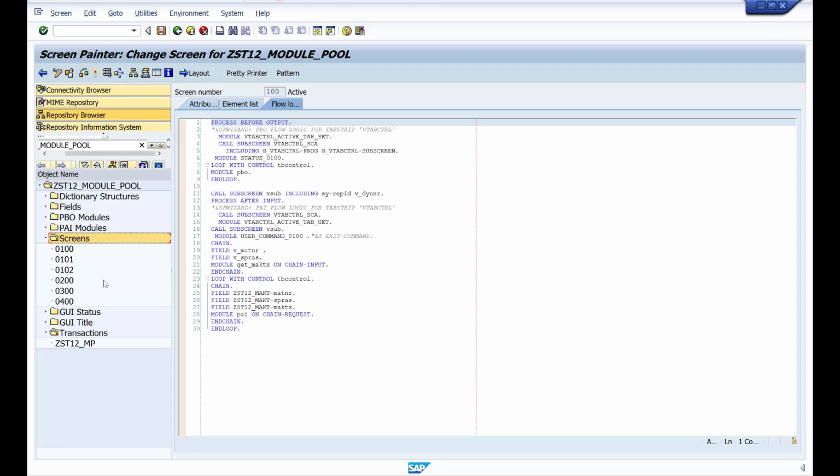So there are different controls like picture control, tree control, text control, ALV grid control. So you can load any of these controllers on a container that you define on the screen. So on the screen you just define one container, and in that container you can load any of these custom controllers. So let's see how to do this.